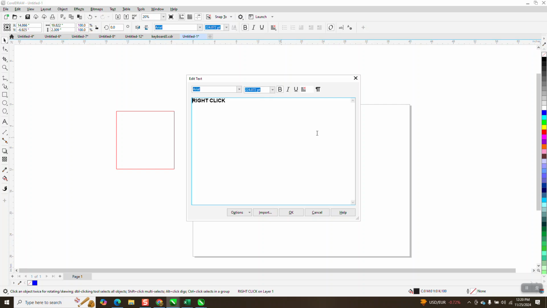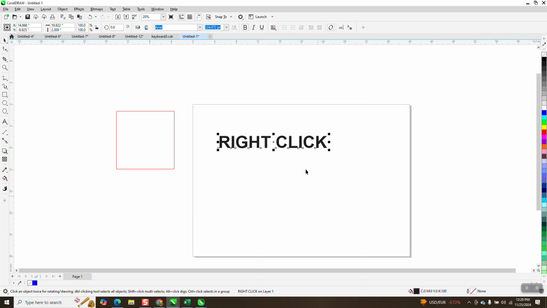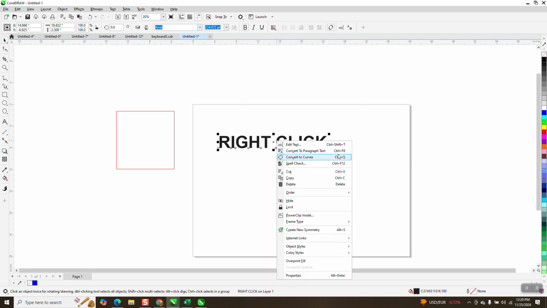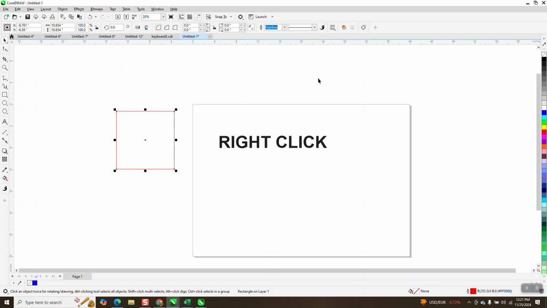Basically, we're just putting it back from, I don't know, Corel thought they had too many things in there, because they've got, I left click that time, right click, they've got convert to paragraph text, convert to curves, spell check. That's important, but I mean, you're going to edit text more often, and it's still Control-Shift-T. You could bring that up, but that's a 3-button deal where you could just go right here. Because see, that's going to go away when you click off the text. That edit text is on. You could still use that and it comes up, but now you can right click